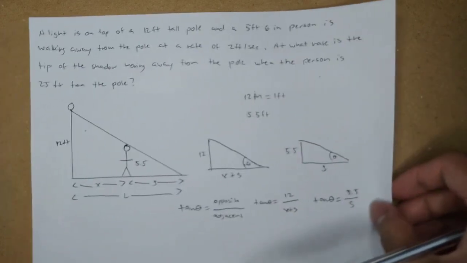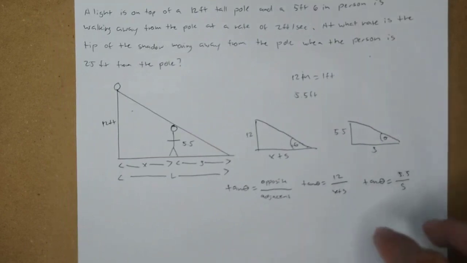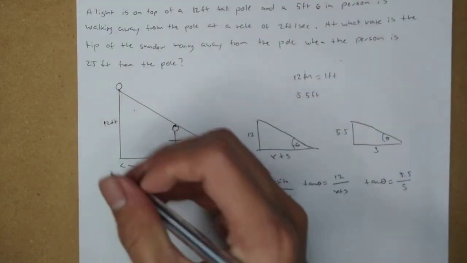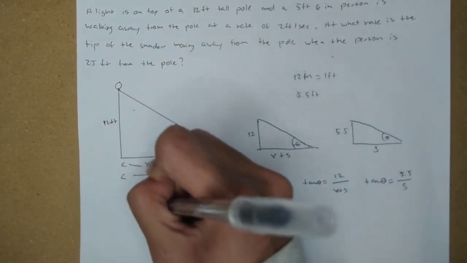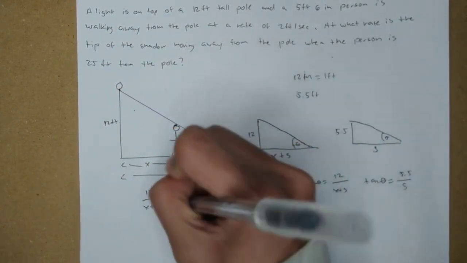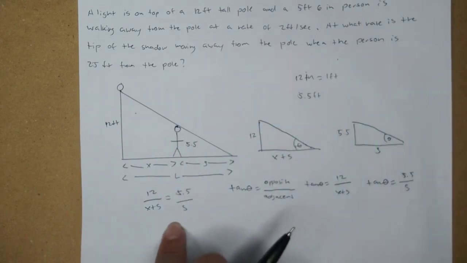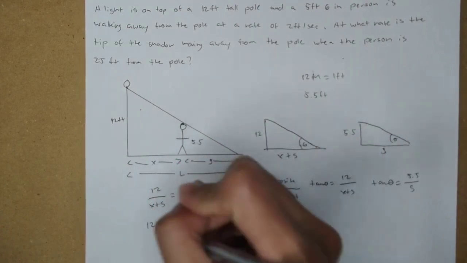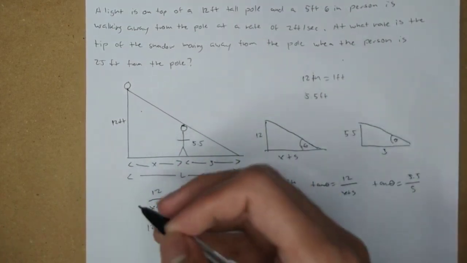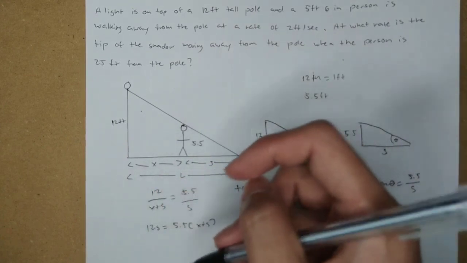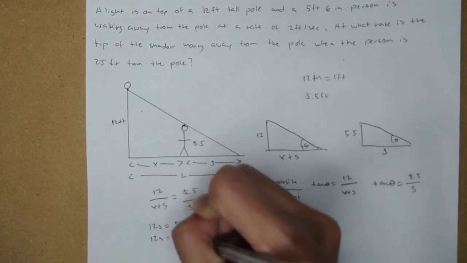As I have said earlier, these are similar triangles but different in sizes. So with that, since both equations are equal, we can combine them into one. It would be 12 over x plus s equals 5.5 over s. Now that we have this equation, we can do cross multiplication. So this would be 12s equals 5.5 times x plus s. And after this, we can distribute the 5.5. So 12s equals 5.5x plus